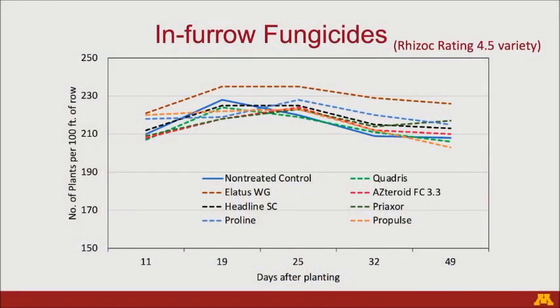Looking at the data here, again, the blue line that I showed before, that's my non-treated check. We lost a little bit, but not so much. But look at most of the in-furrow treatments, they're slightly tracking above the check here. But again, I said the disease pressure was not as great early on, and the rest of the season, it's more or less normal. But if you don't get enough pressure in the first few weeks, you're always behind. We will never get the disease by the end of the season.